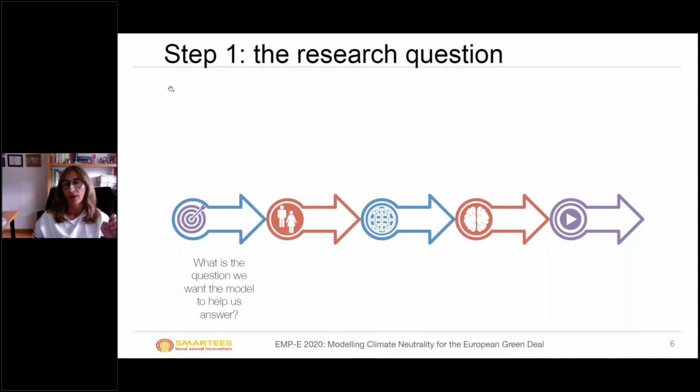To get a simplified and useful model, it is crucial to have very clear which is the model's purpose, which is the research question that we want to be answered through the model. This question will guide us as modelers, so we can know which details of the real system can be filtered and which cannot. For example,